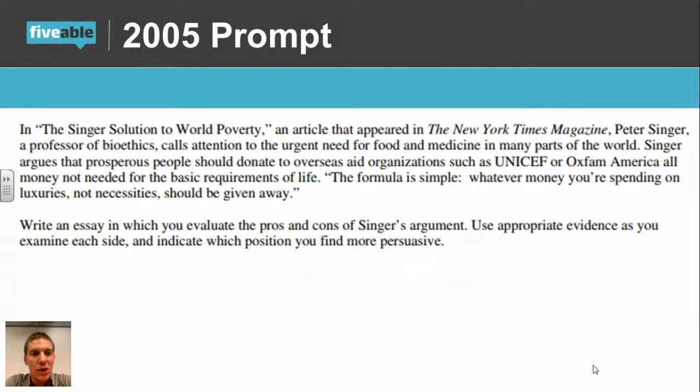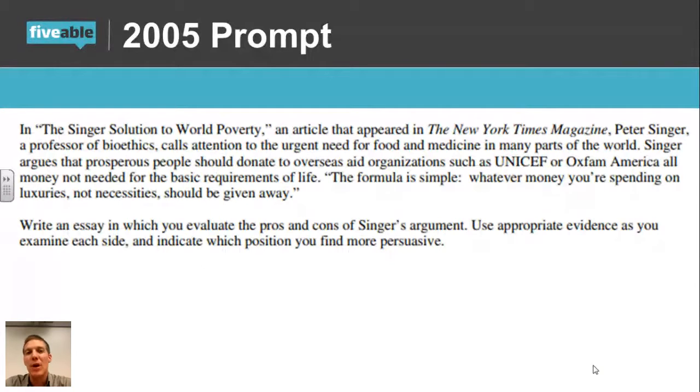In "The Singer Solution to World Poverty," an article that appeared in the New York Times Magazine, Peter Singer, a professor of bioethics, calls attention to the urgent need for food and medicine in many parts of the world. Singer argues that prosperous people should donate to overseas aid organizations, such as UNICEF or Oxfam America, all money not needed for the basic requirements of life. The formula is simple. This is a quote from Singer: